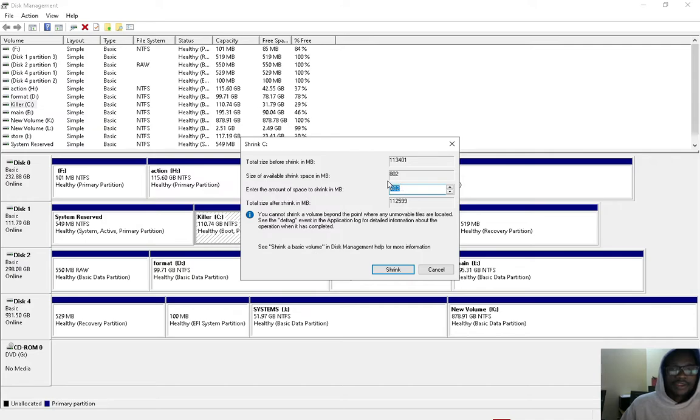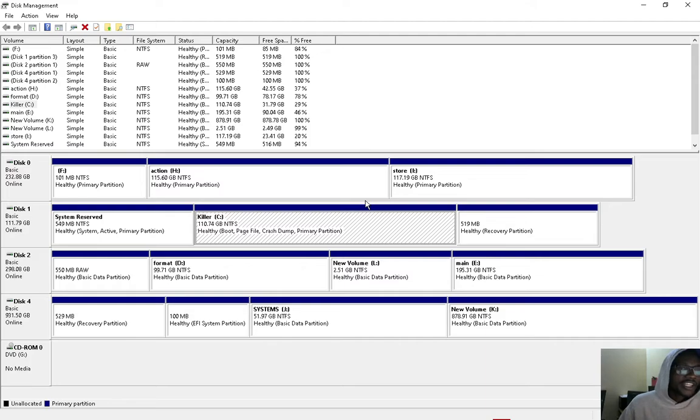So from there you can choose how many GBs or how many MBs you are going to give to the new partition, and then when you select, you just click shrink. For me, I won't shrink this one because as you can see, it's already low on space. But that's the way you would shrink a volume, or that's the way you can create new partitions for whatever